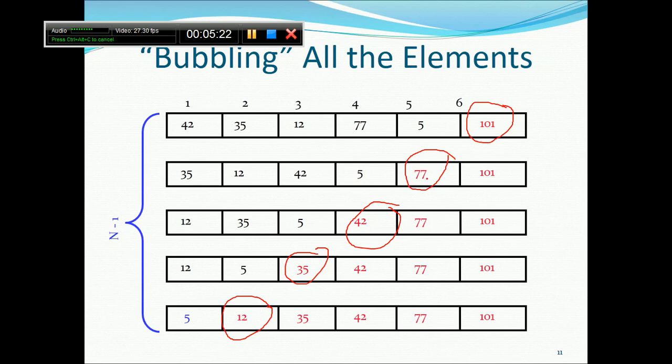See, the first maximum, second maximum, third maximum, fourth maximum, and fifth maximum. Suppose the number of elements are 1, 2, 3, 4, 5, 6. How many times have you done this? 1, 2, 3, 4, 5. Five times you have done this process or iteration. This means suppose you have n elements in hand, n minus 1 times you have to do these iterations to get the entire sorted array. Now we'll take an example through a visualization, like how this is performed.